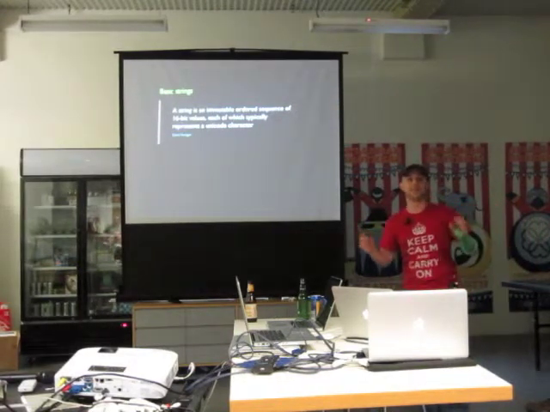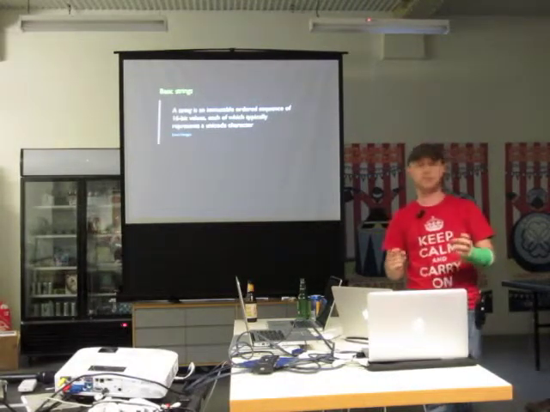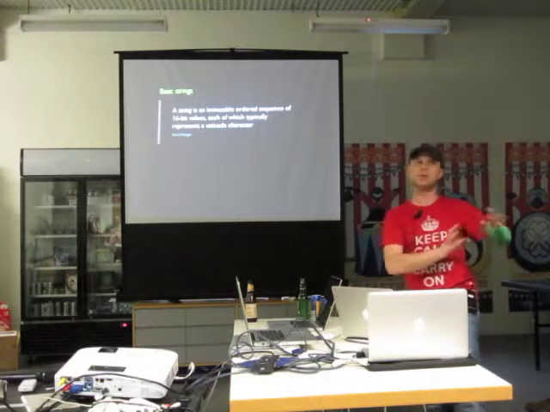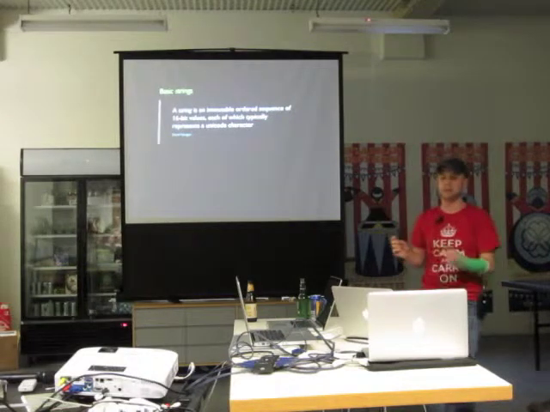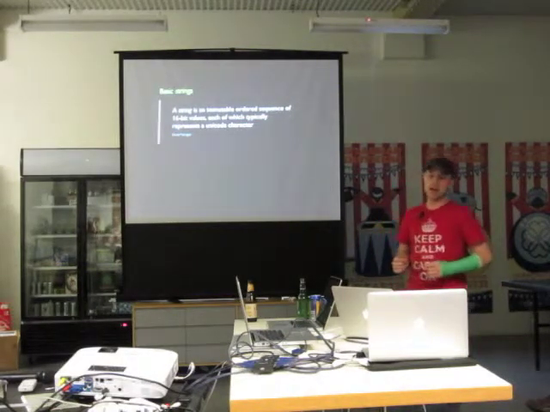David Flanagan defines a string. David Flanagan is the guy who wrote the definitive guide to JavaScript, 6th edition. I think he wrote the 5th edition as well, but I'm not sure. And he says that a string is an immutable ordered sequence of 16-bit values, each of which is typically representing